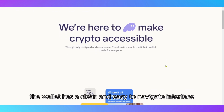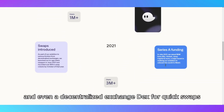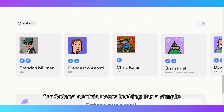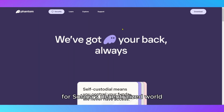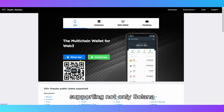The wallet has a clean and easy-to-navigate interface, built-in staking support, and even a decentralized exchange, DEX, for quick swaps. For Solana-centric users looking for a simple, all-in-one solution, Phantom stands out for its ease of use and comprehensive support for Solana's decentralized world. Math Wallet, on the other hand, is a more versatile multi-chain wallet supporting not only Solana,